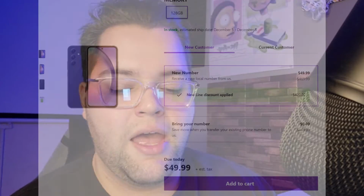I don't know if it's that much at Metro by T-Mobile. I think they raised the prices a little bit. You definitely can get an unlocked one on eBay or Best Buy or Amazon for a lot less right now. It's probably more like $350. But even at $350, going down at a 128 gigabyte variant of the Galaxy A54,